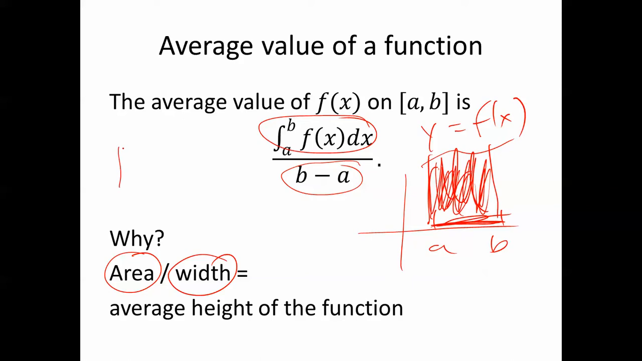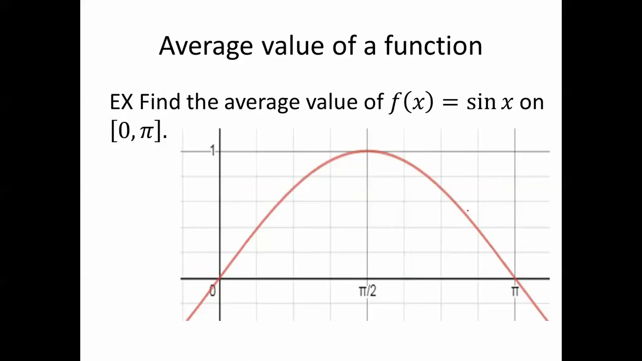Because, for example, if you take the area of a rectangle and divide the area by the width, you end up with the height of the rectangle. And so in the same way, if you divide the area of this region by the width of this region, you get the average height of the function. Seems reasonable. For example, find the average value of f of x equals sine